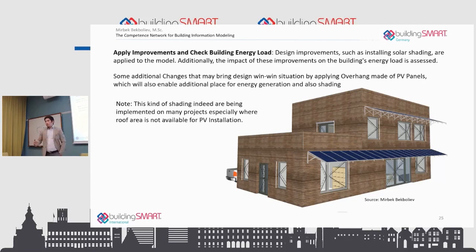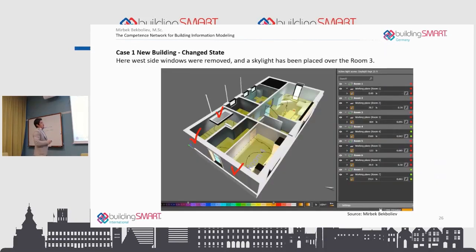bigger openings on the south facade, or maybe we can simply install a skylight if you have a chance to install one. If we know that we need to protect our south facade from overheating, which is a really important aspect, then we can find this kind of solution. That's what we thought: let's put overshading on the south facade, and not just overshading, but also photovoltaic panels. Then you save place for your green roof, whatever, you can install it later on. So of course, you can apply these kinds of design decisions.